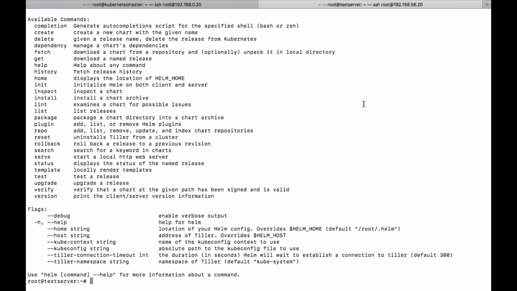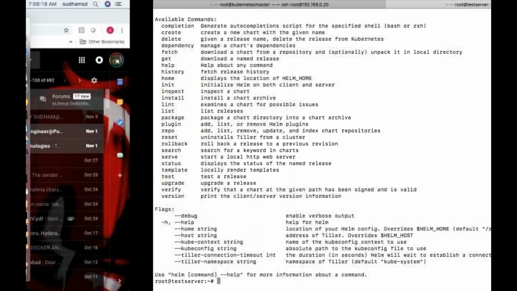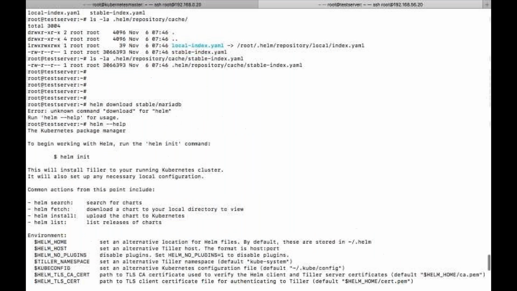So from here itself, it is not required to log into the Kubernetes master. Now directly from here itself, you can run all the installation process and everything. Okay, so this is how people have started using Helm charts. In future this will play a major role, where you need to understand Helm charts and all. It is just simple. It is not too tough. Okay, this is how we use it.